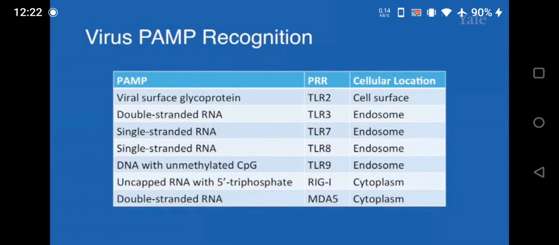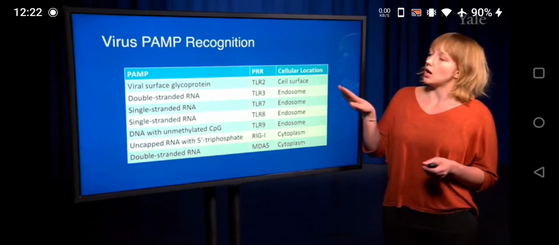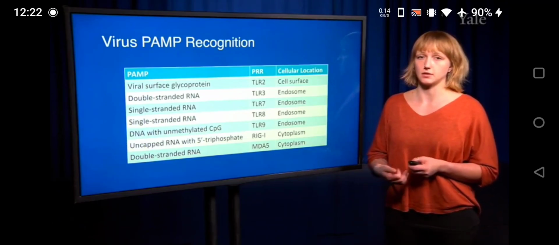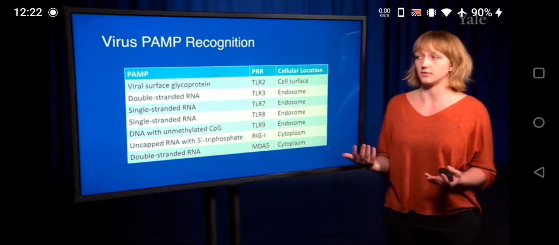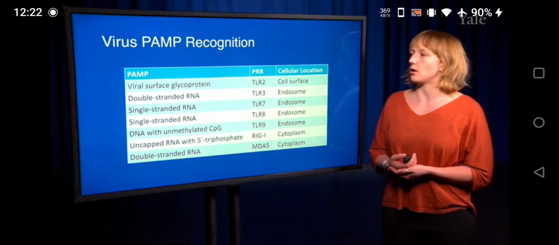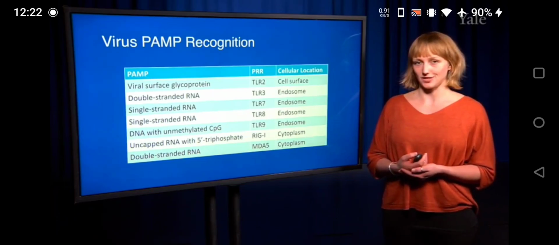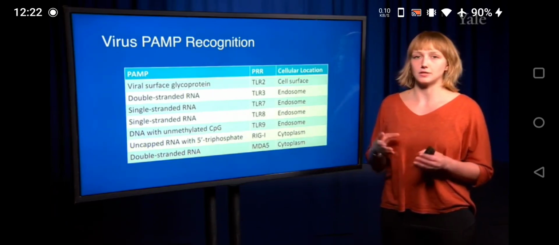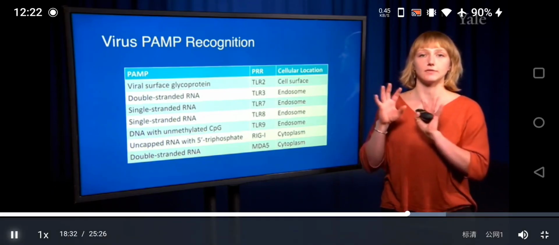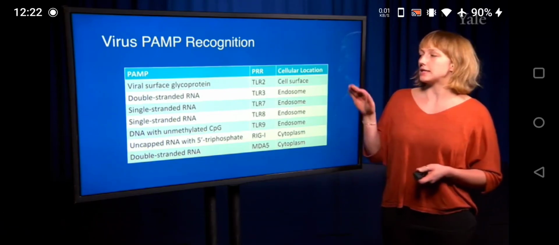Not all virus PAMPs are nucleic acids. For example, TLR2 is also important in the immune response against certain viruses that have viral surface glycoproteins. If you remember from our introduction to virology section, based on the different ways that viruses exit the cell, they can have different things on their membranes, and TLR2 is also critical in recognizing